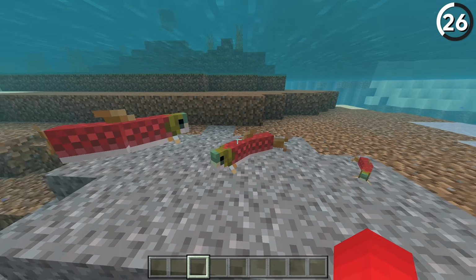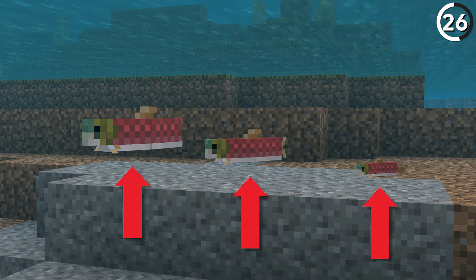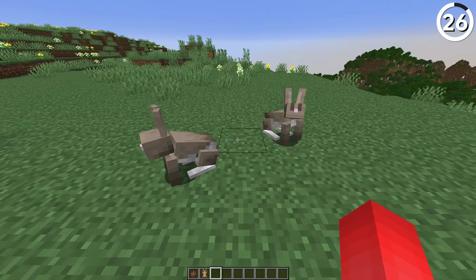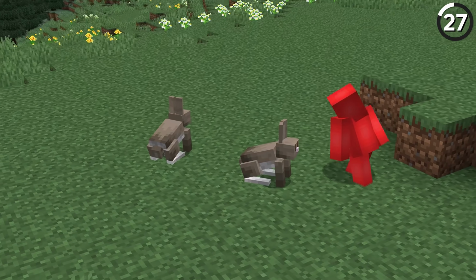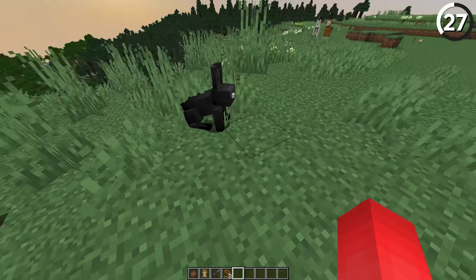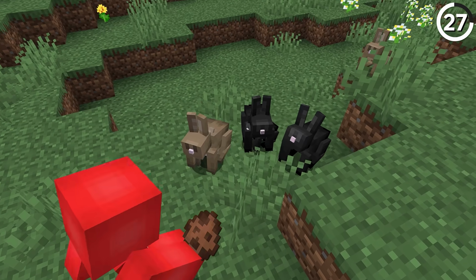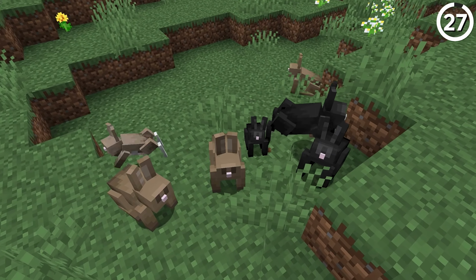And the reason for that is that in Bedrock Edition, there are 3 different sizes of salmon that you can find. But in Java, we just got the one. And salmon isn't the only mob that got bigger on Bedrock, because if you type in this command, you're able to get a secret larger variant of the rabbit, which is actually how big the rabbits were supposed to be when they were added into the game. But it was scrapped, and now you can only get it through this custom command on Bedrock Edition.